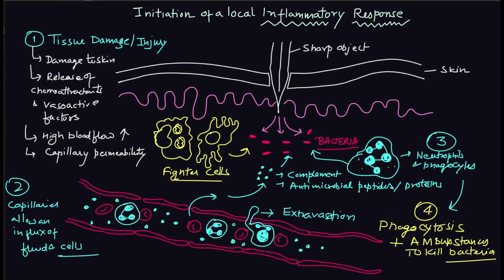So overall, this multi-stage process is defined as the inflammatory response at the site of the injury. I hope the process of local inflammatory response is clear to you. We have discussed 4 distinct stages. We have discussed the role of neutrophils, antimicrobial peptides, and other important components. We have discussed how neutrophils, or the dendritic cell and the macrophages, they play an important role in eliminating the